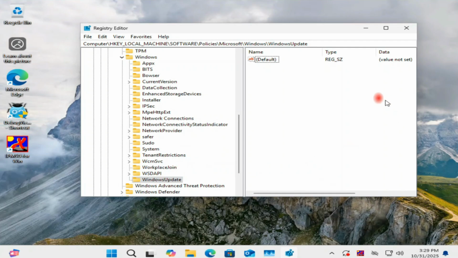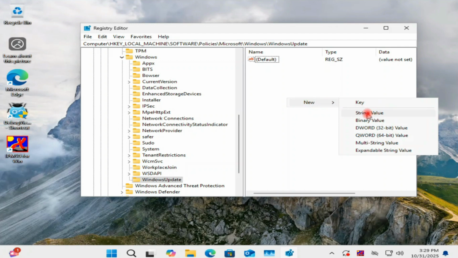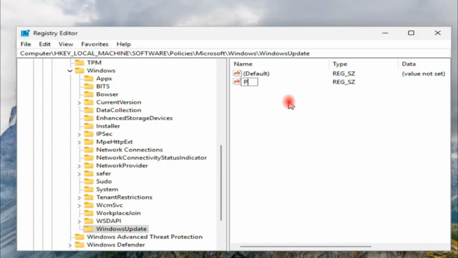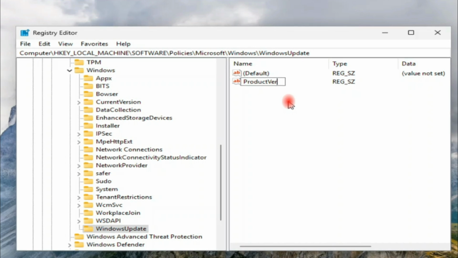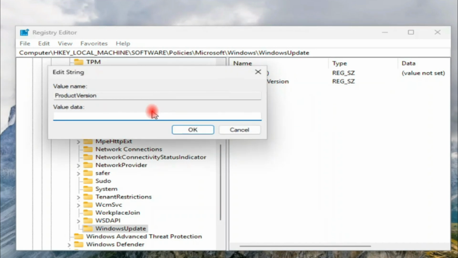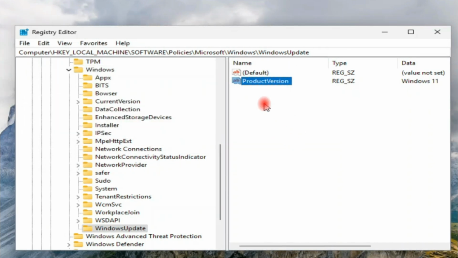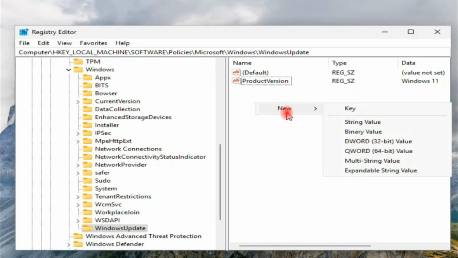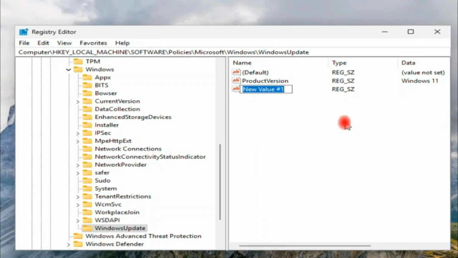Now click on it, right-click on it, and click New String Value. Now type the name ProductVersion, exactly as it is. Now modify it: right-click, choose Modify, and type Windows 11, exactly as it is, and click OK. Now right-click again, click New String Value, and type